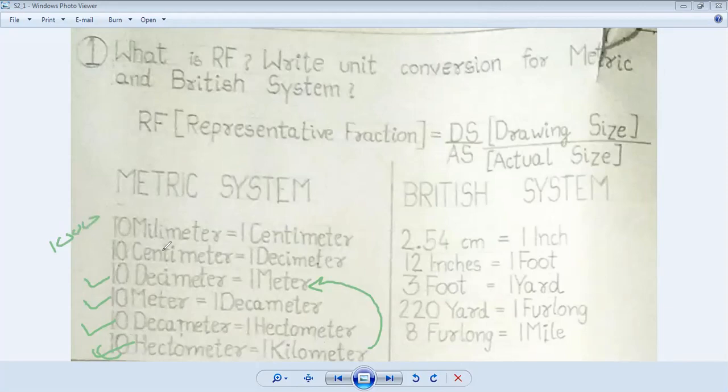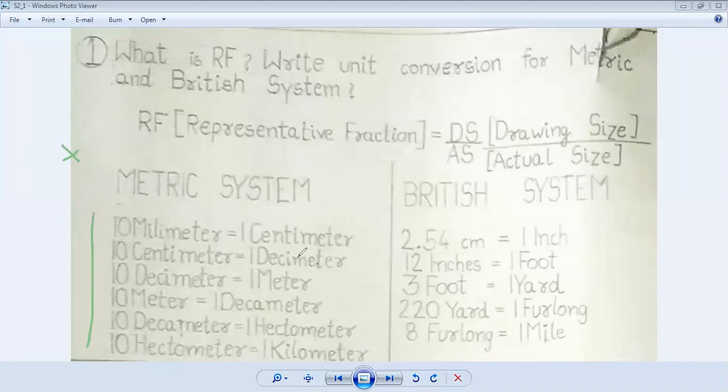Correct? Yes, sir. Okay. So you can also take a snapshot of this for your reference. But this you can directly see in sheet number 2. There are only 2 or 3 problems; I have mentioned them and I will upload it. That you need to do in the sketchbook. Otherwise, everything you draw directly in the sheet. You should not waste your time in the sketchbook. So this is the metric system.